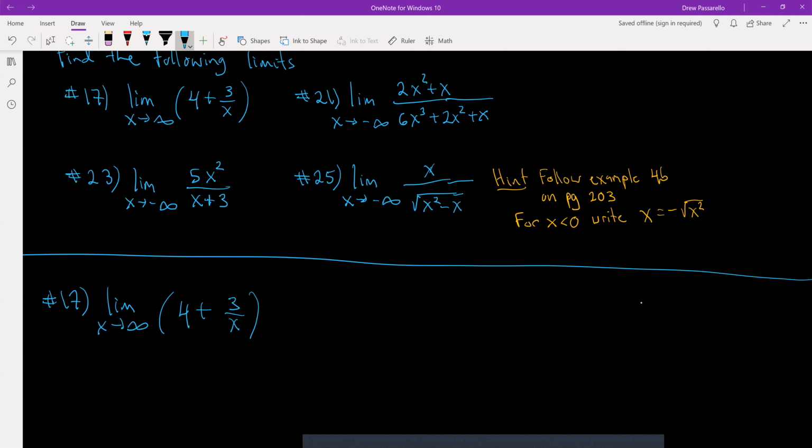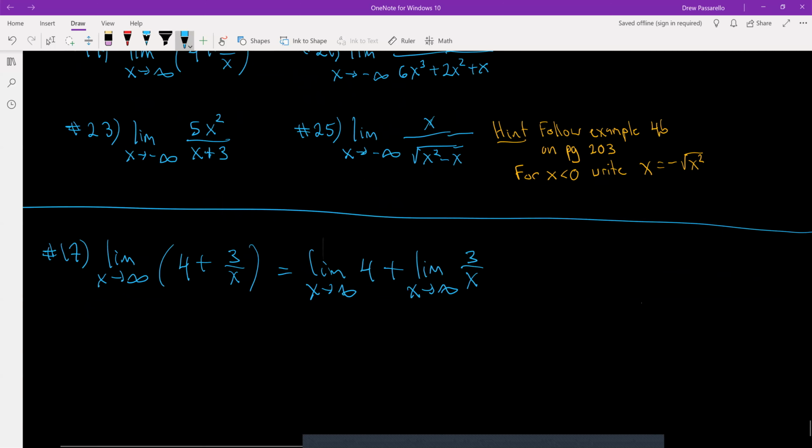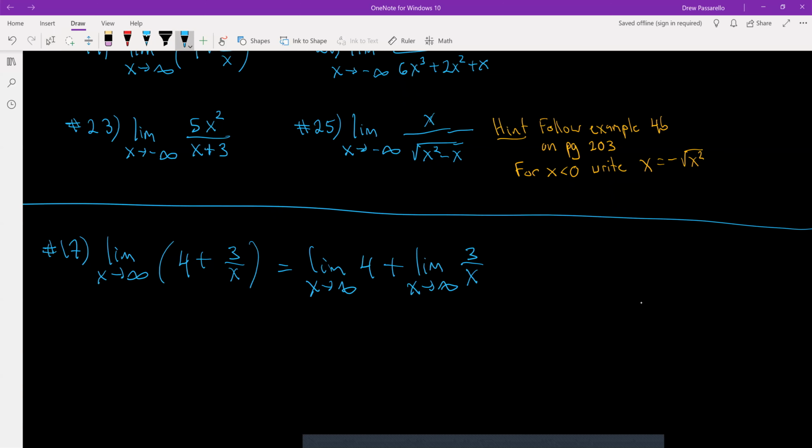All right, so you can distribute limits. So you could say this is the limit as x approaches infinity of 4 plus the limit as x approaches infinity of 3 over x. So we know that for 4, there's no value for x you're plugging in, so it's always just going to be 4. Now for the 3 over x,